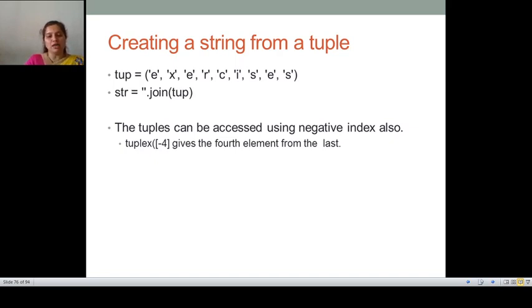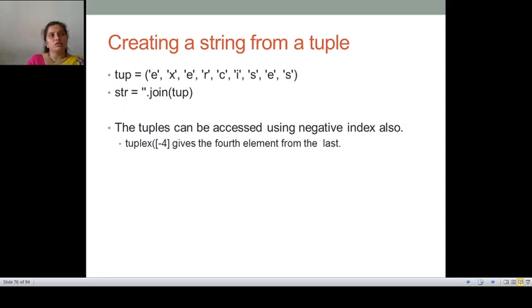But in a tuple, they are enclosed in circular braces, that is, normal parentheses. Another difference is that a list is mutable, whereas a tuple is immutable.